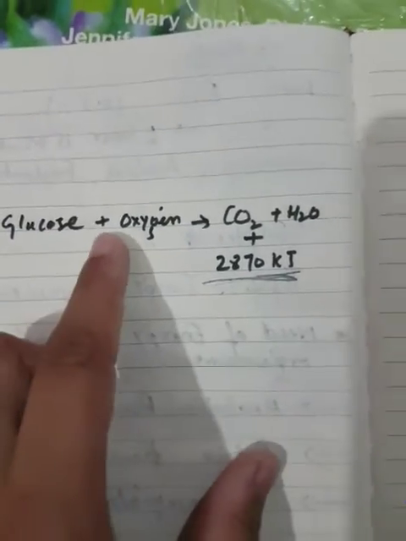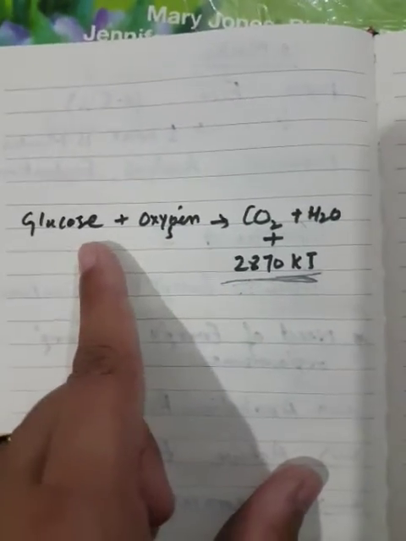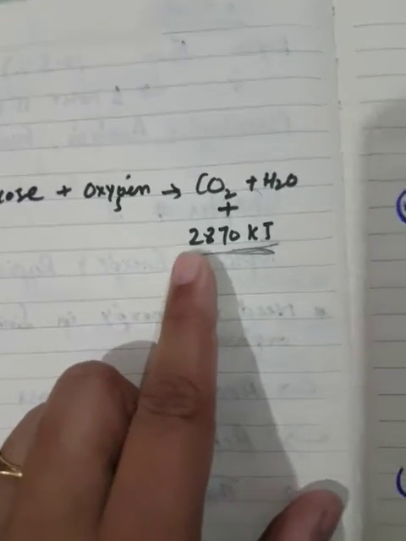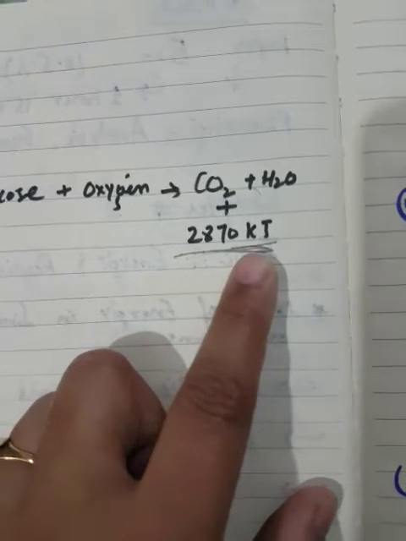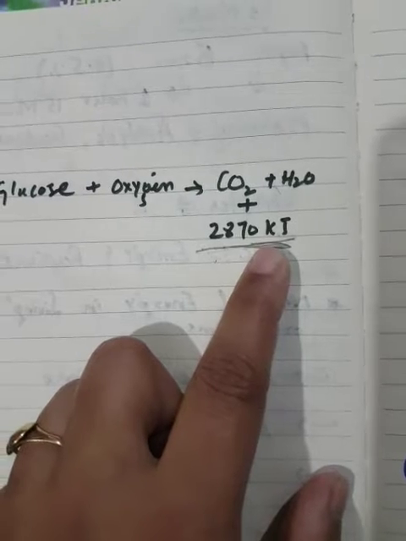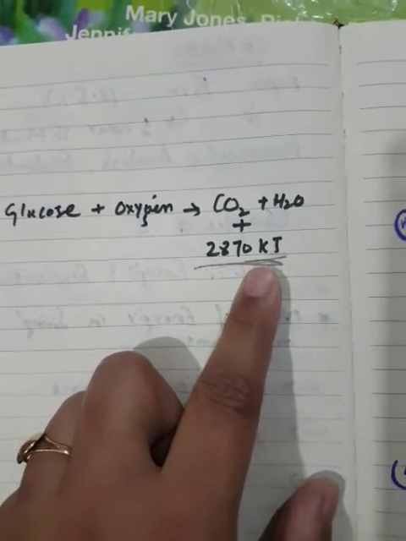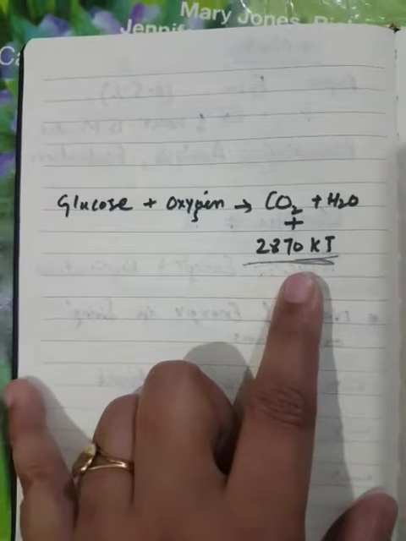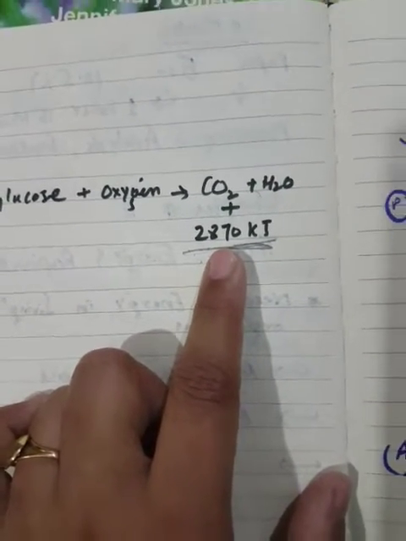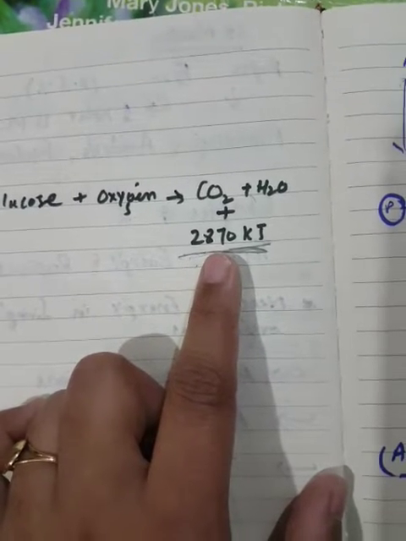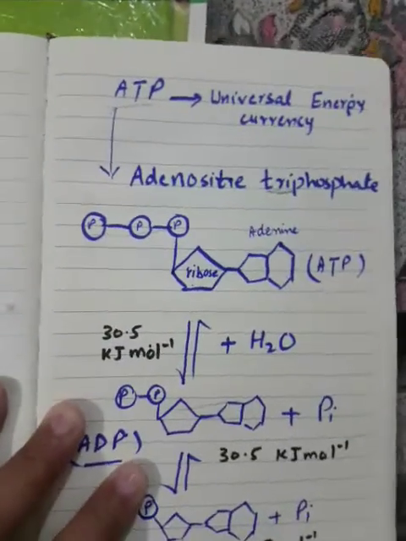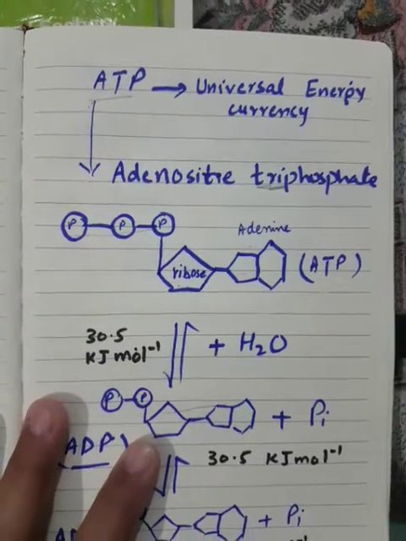Yes, but as you can see, when a glucose molecule is oxidized, a large amount of energy is released, which is 2870 kilojoules. That is a pretty large amount of energy, and for carrying out different small processes within the cell, this much energy is not required. So theoretically, if every time this much energy is released, most of it is wasted in the form of heat. Only some of it is harnessed to carry out particular functions. Then what is the solution? The solution is called ATP, the Universal Energy Currency.